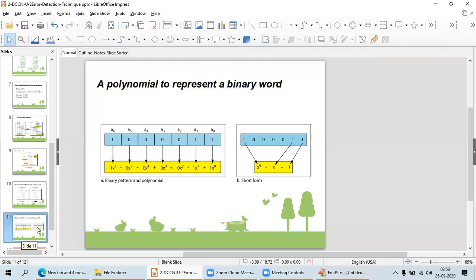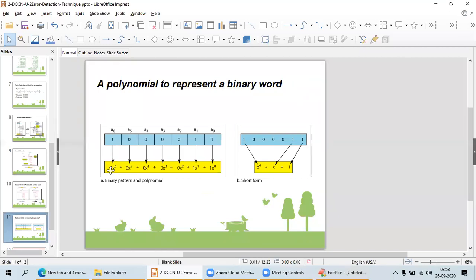My first bit is 1, so 1 into x to the power of 0. Next 1 into x to the power of 1. Then I have 0 for x to the power of 2, x to the power of 3, x to the power of 4, x to the power of 5, x to the power of 6.